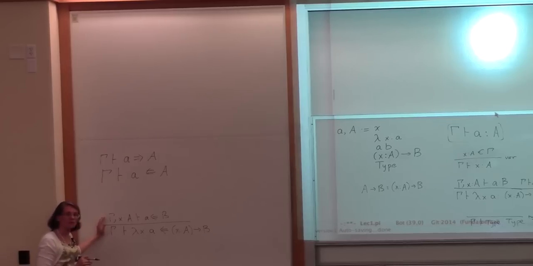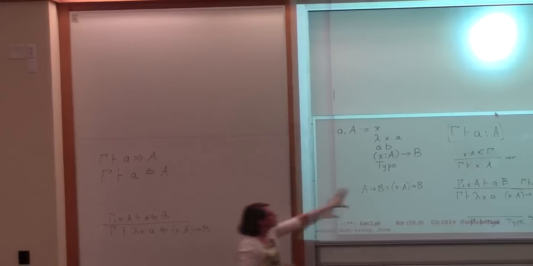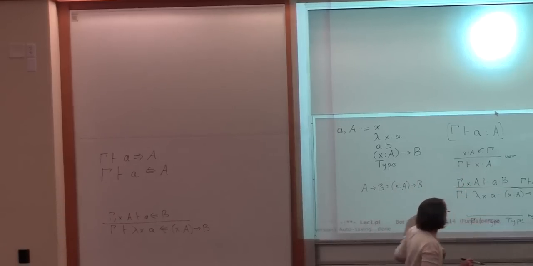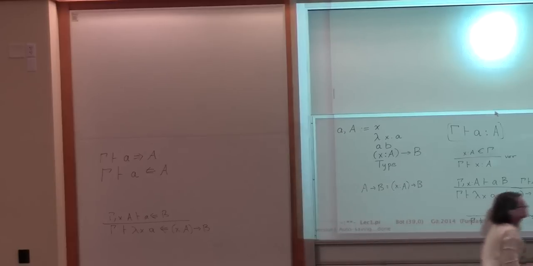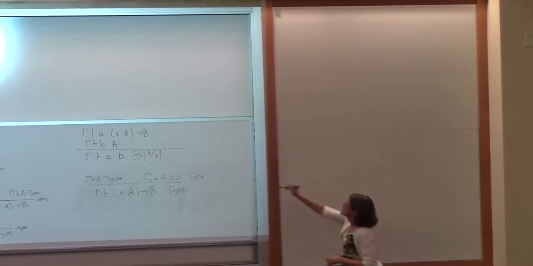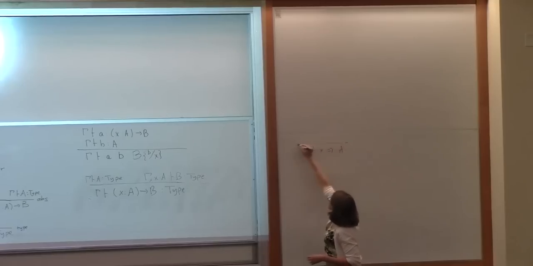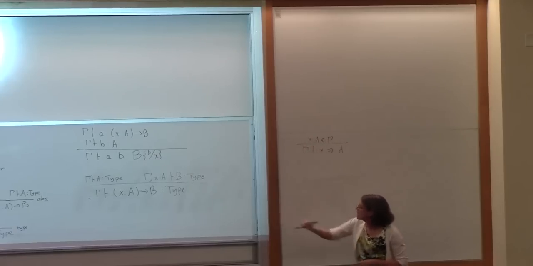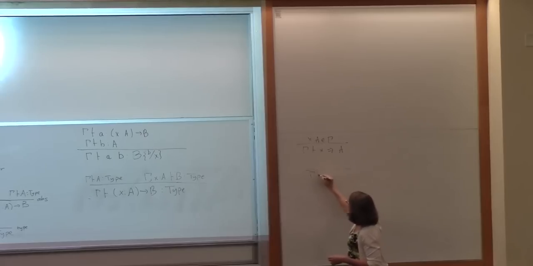What about the other rules? All of the other rules, we can turn into inference rules. I'm going to write the inference rules on this side. So for variable, we can infer the type of a variable by looking it up in the context. For type, if somebody says, what is the type of type? We know